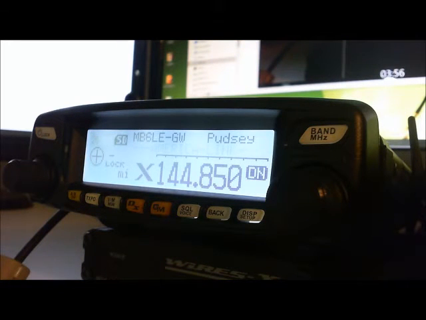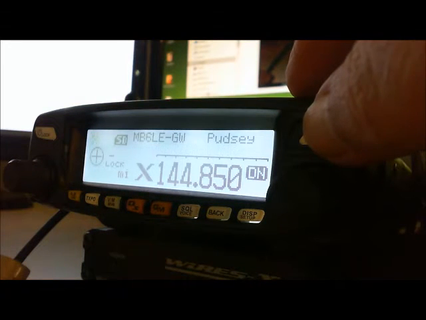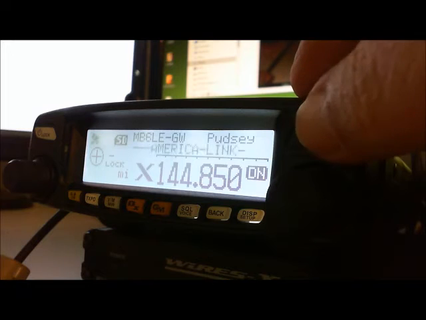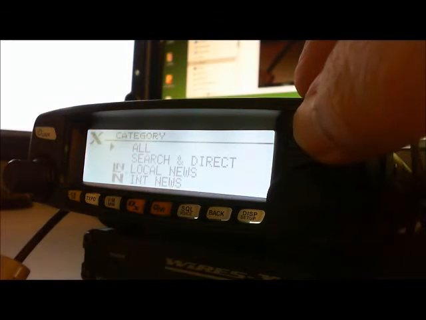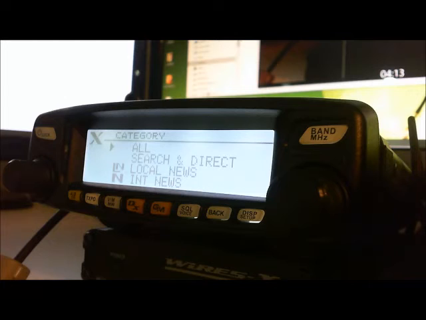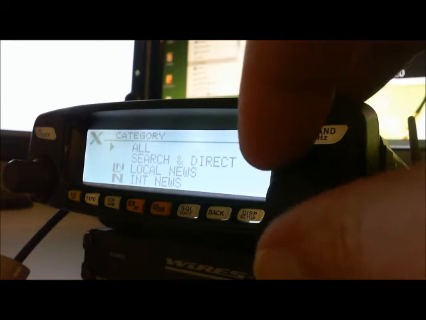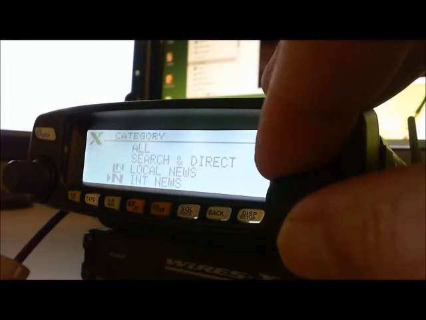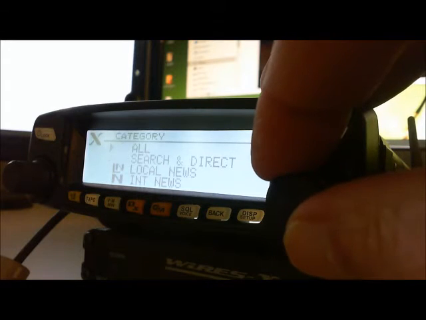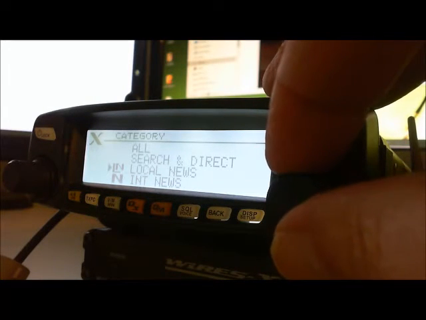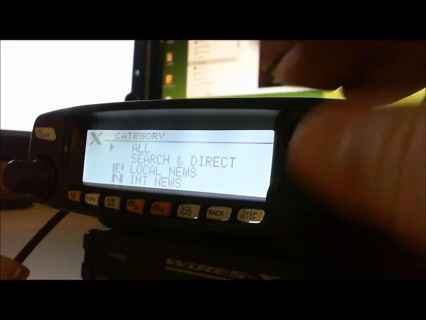and look at that, it's changed to the PUDC gateway, and the last room we're in, which is flashing up now, was the American Link. So if you press and hold the band megahertz button at the top for a second, you'll get the categories list up, and you've got search and direct, all, international news, local news. If you use your channel selector, it'll allow you to scroll through this list. There's nothing other than those four in there for now, and we'll go to all,